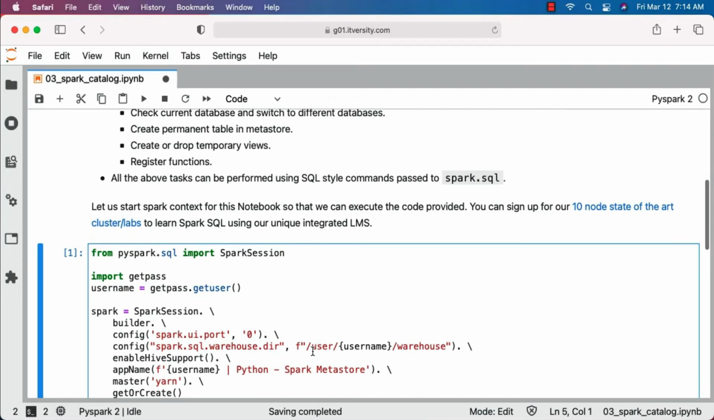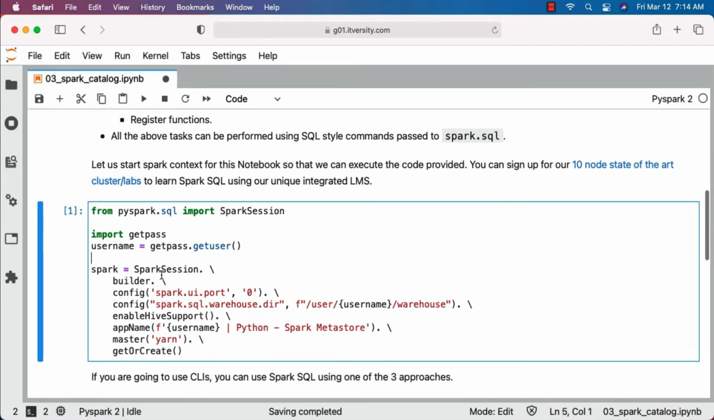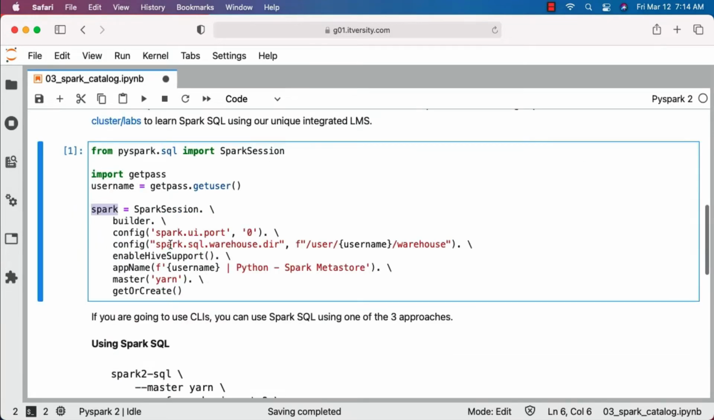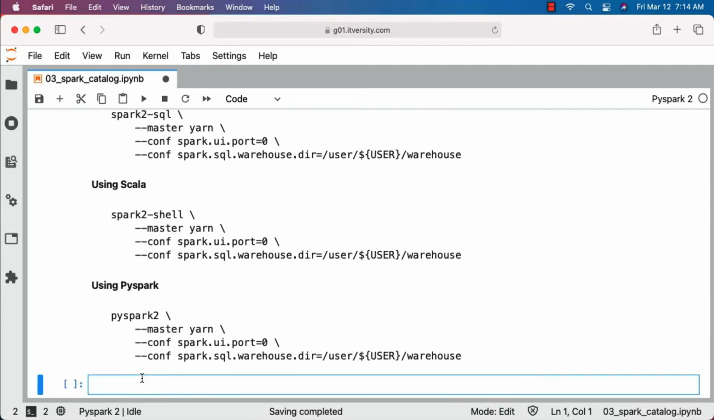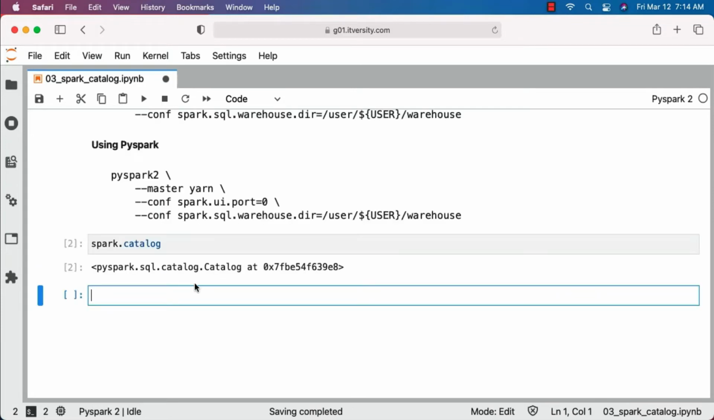To explore the attribute catalog, you can actually create the Spark session. You can run this piece of code. Spark session will be created and it will be assigned to the object called spark. Once this object of type SparkSession is created, we should be able to use it, and then we can add a new cell here. We can say spark.catalog and run it. You can see that it is of type